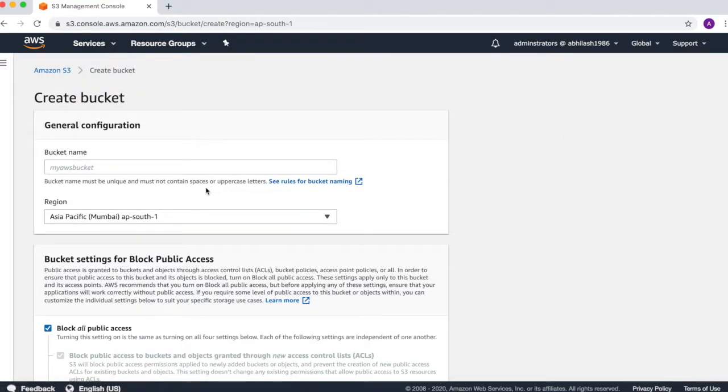First thing we have to do is give it a bucket name. Please note that this name must be unique, so please choose the name wisely. Don't give it some common name which might be rejected. The other thing that we need to notice is it does require a region. As I mentioned earlier, please choose the region wisely based on your need.